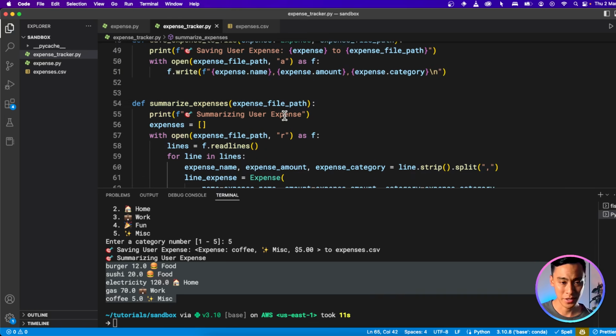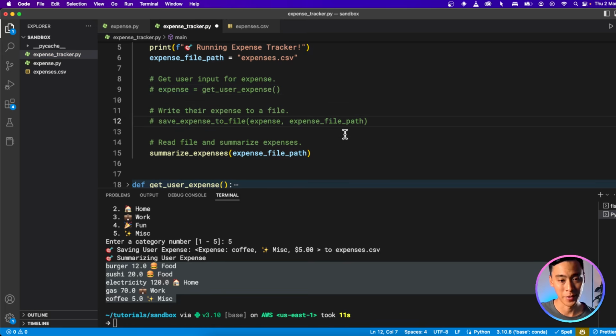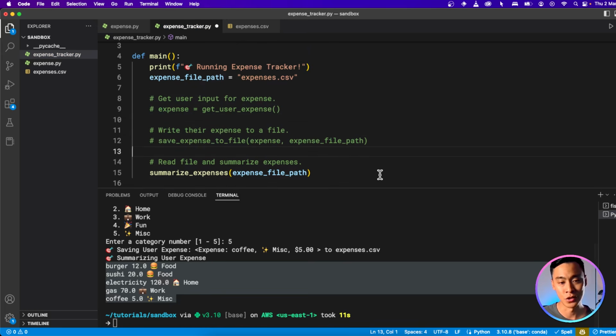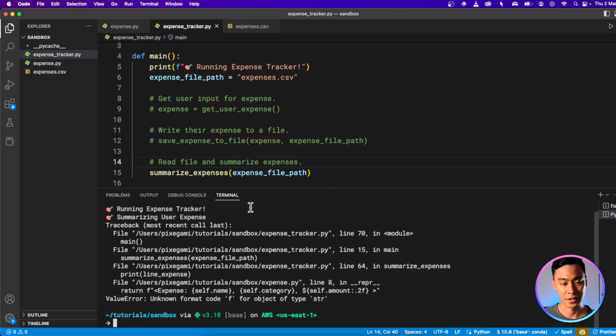By the way, just to make this a little bit easier to run, I don't want to have to enter and save the expense every time I'm doing this anymore, so I'm just going to comment those out. And when I run this app, we're just going to try to summarize the expense. So that's one of the advantages of breaking the programs into small functions, is that when you test it, you can test each function on its own if you design it that way. So now I don't have to enter anything, it's just going to work on my previous input, and that will save us some time. So let's refresh that and run that again.